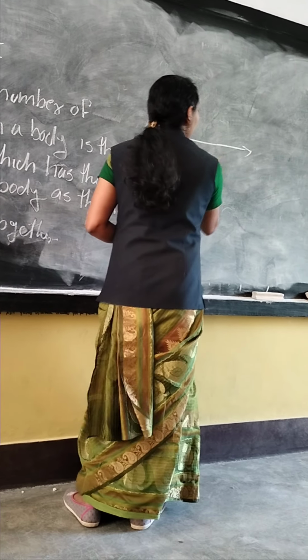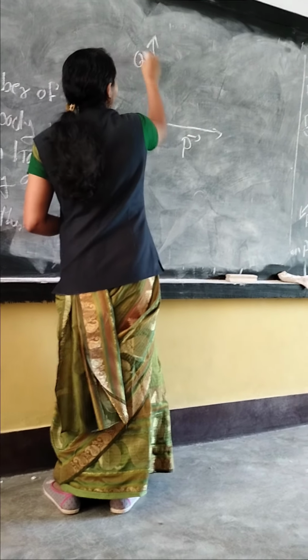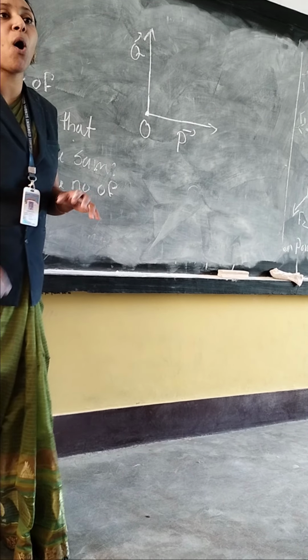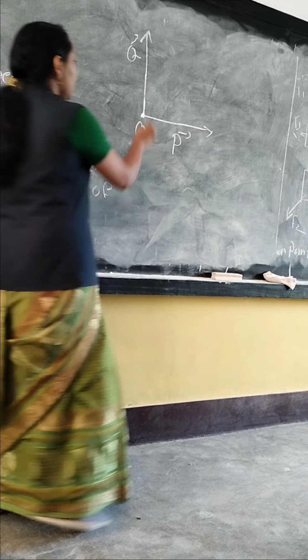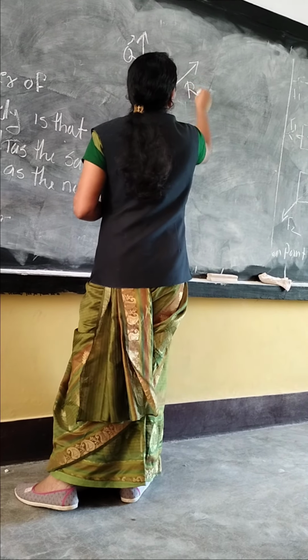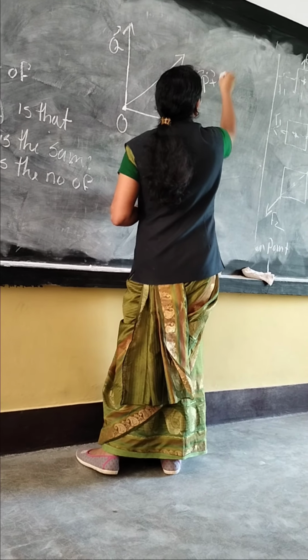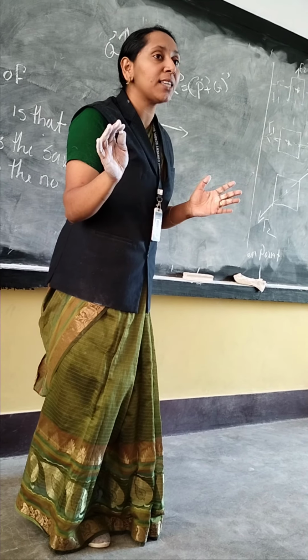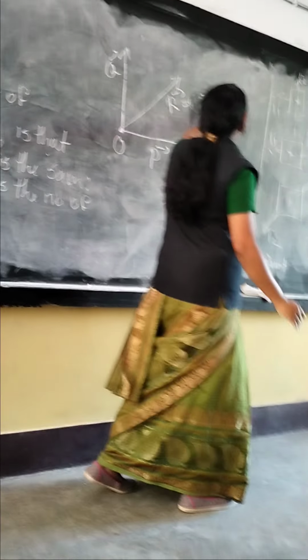Example: one force is here, P, another force Q. P and Q are applied on the point O. What is the after effect on the point O? The resultant of P and Q. So this is the resultant. That means the resultant of P and Q: P plus Q, otherwise depending on the magnitude, P minus Q can also come, because the direction is different. Minus can also come. So the resultant is here.